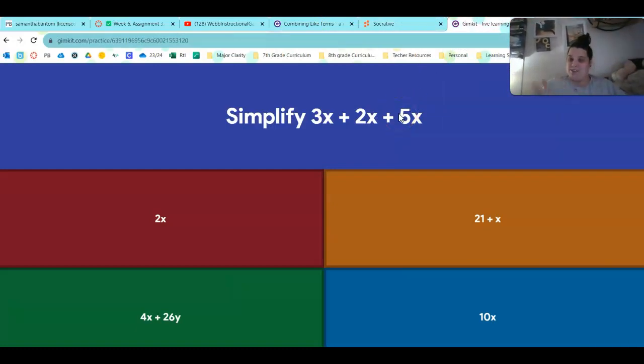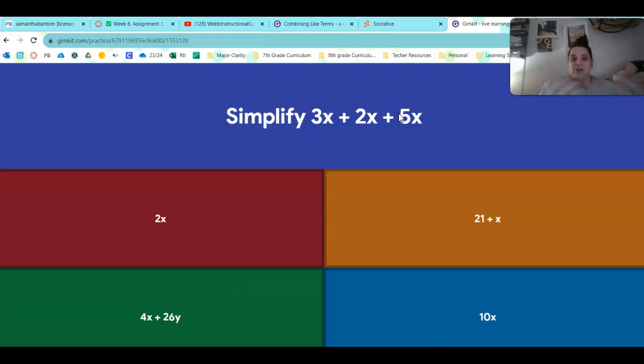Now, as I'm recording this right now, my Gimkit is not working. The website is not letting me play a live game, so I was able to show what a practice game would look like. My goal is for the kids to play the version of Among Us called Trust No One. There are two traitors, and they have to work to figure out who those traitors are. But for them to be able to get points and rewards, they have to answer these